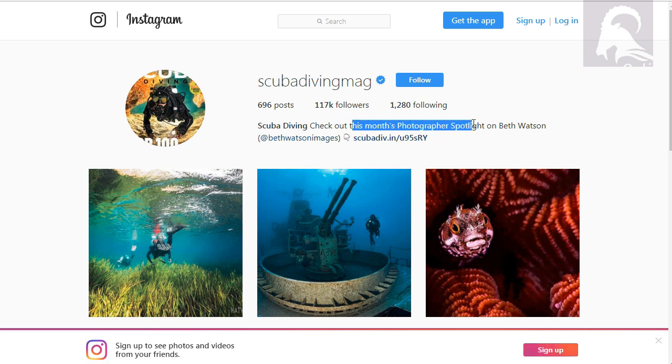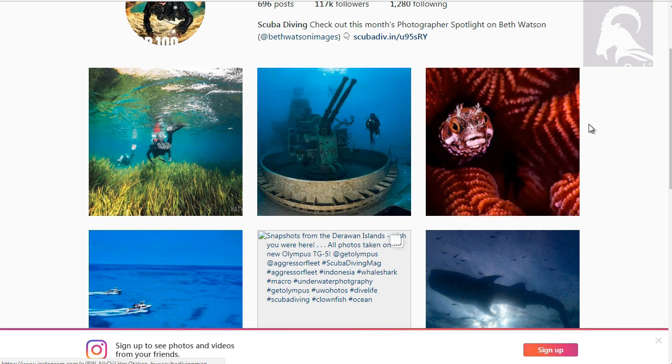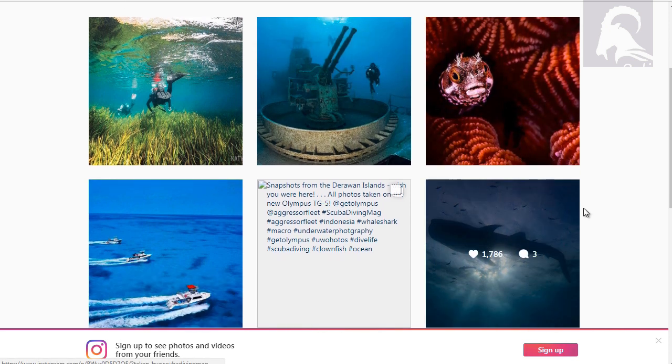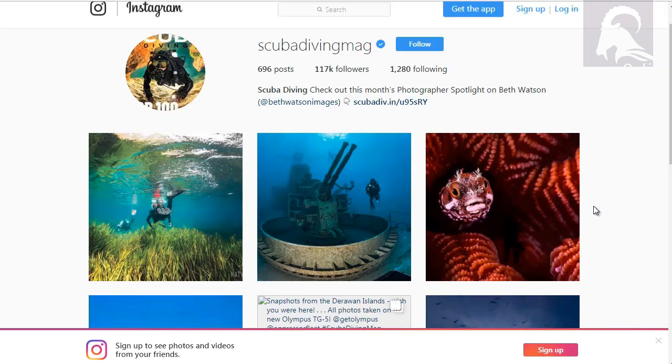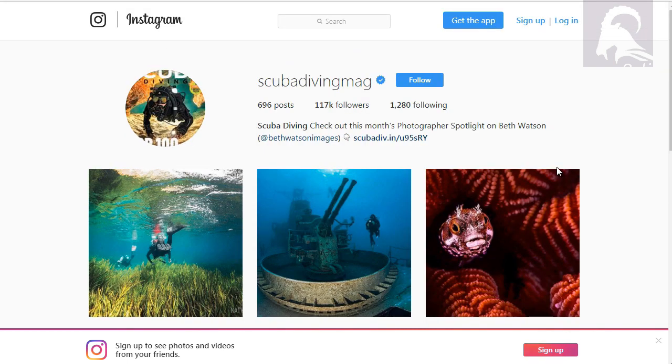Now, she's more into photography, so she's probably going to attract people who are in photography. So it's not really going to be scuba diving equipment, but rather people are probably going to want to know, hey, what camera are you using? What equipment are you using? What scuba diving equipment are you using? And all that for the purposes of photography. So you see how in this example, it may not be necessarily she's selling scuba diving equipment, but rather she's attracting a specific type of mindset. So you have to get an idea, like, who are you attracting? So in this case, scuba divers who love photography.